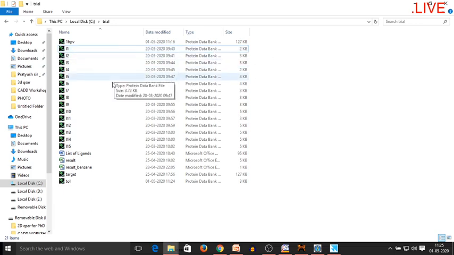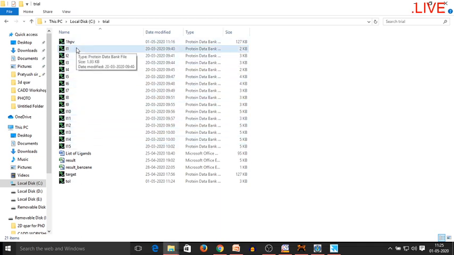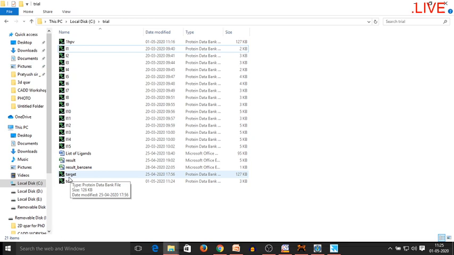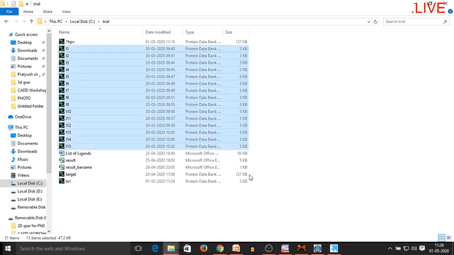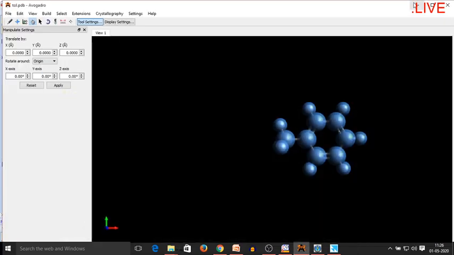So I have prepared a list of 15 ligands in my working folder. I have named them L1, L2, L3, L4, L5, like this. I have also saved my receptor with the name of target. Okay. Now I am ready. I am going to work with these 15 molecules and this particular receptor in my PyRx software.